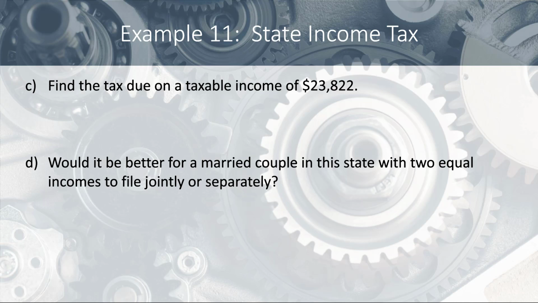Using that bracket, we will have the following equation: negative 420 plus 0.058 times, well, our salary, which is $23,822. And that will give us a result of $961.676, and that will round up to